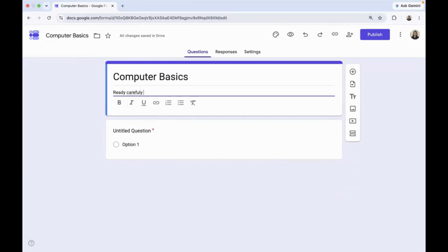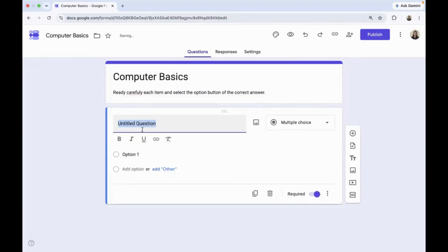Read carefully each item and select the option button of the correct answer.